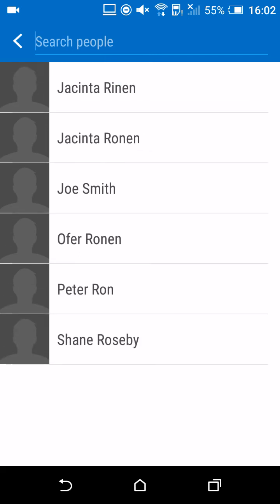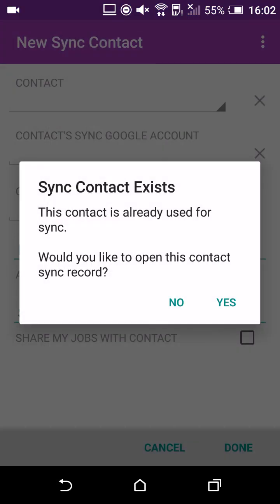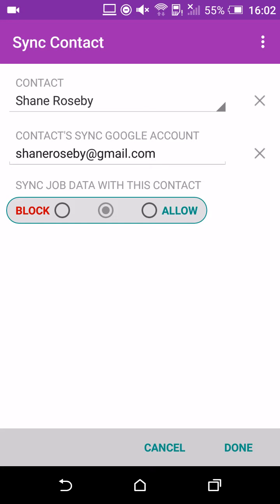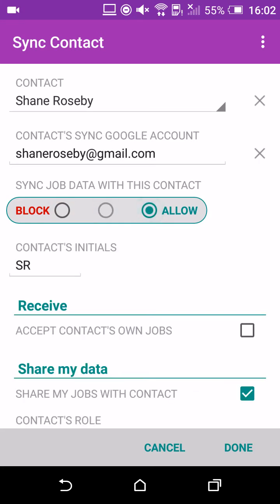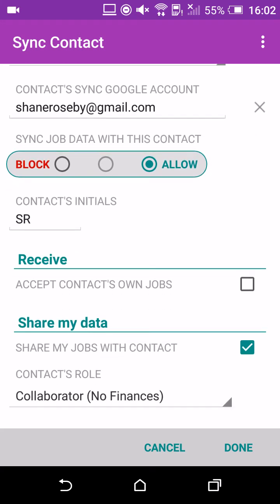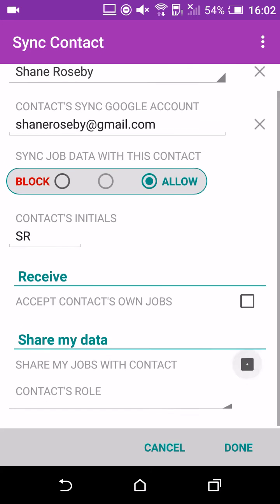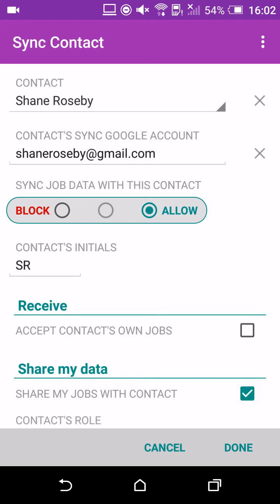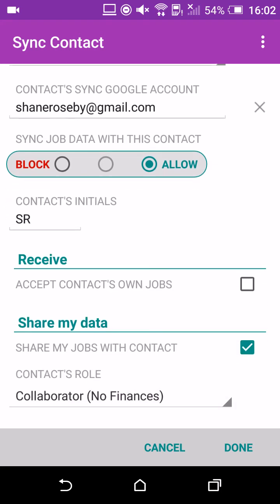Now I'm going to use the Shane Roseby one we just saw. It's already been used. So you can block them, not share, or allow them. If we say we're going to allow sharing with this contact, then I can decide I want to receive jobs from this collaborator, or I just want to share my jobs and get them to subcontract for me. So if I check share my jobs, but not receive jobs from them,